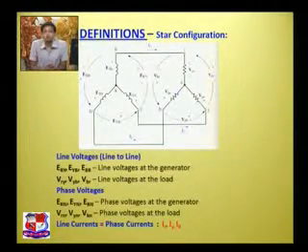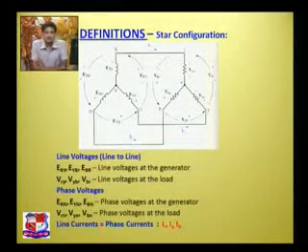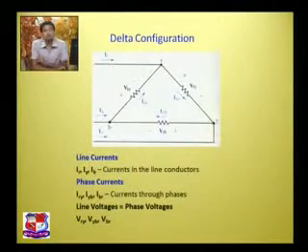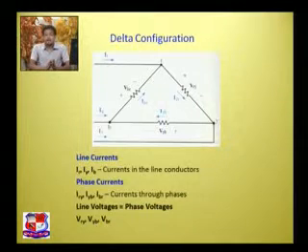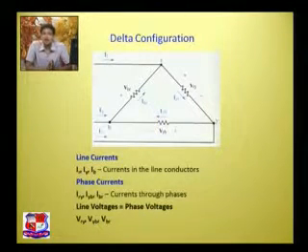And how will this be possible in the next? Then the definition: how will it be in the delta configuration? First we call it the line current, and in the line current, IR, IY and IB are called